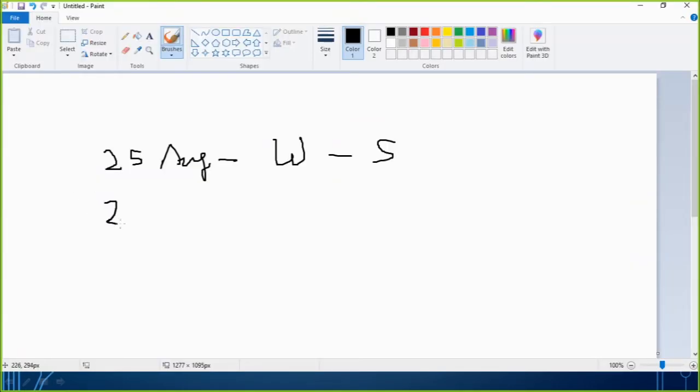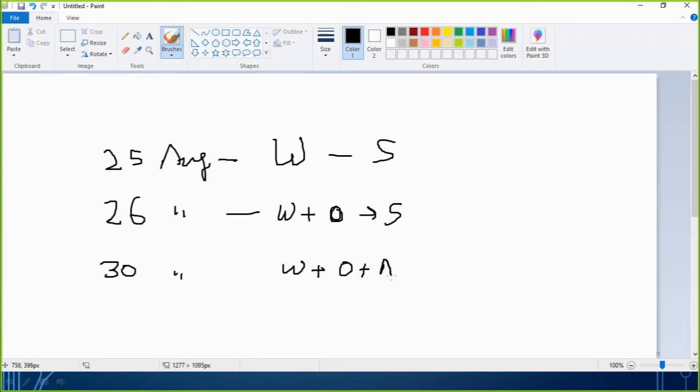Then on 26th, maybe 26th of August, you added something there. Maybe you now have Windows as well as MS Office. Then you took a snapshot. Then maybe on 30th of August, you have your Windows as well as MS Office as well as Adobe Photoshop, so you can take again a snapshot of it. Maybe on 1st of September, you have removed Office. So now you are only remaining with Windows plus Adobe. You took a snapshot. So these all are the snapshots.